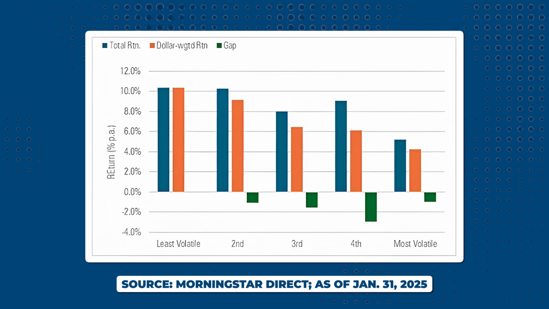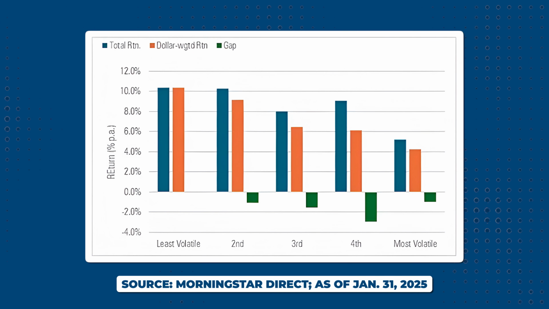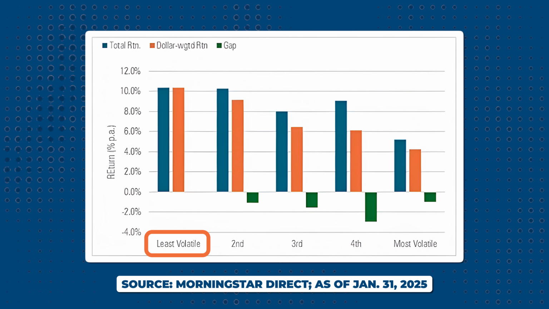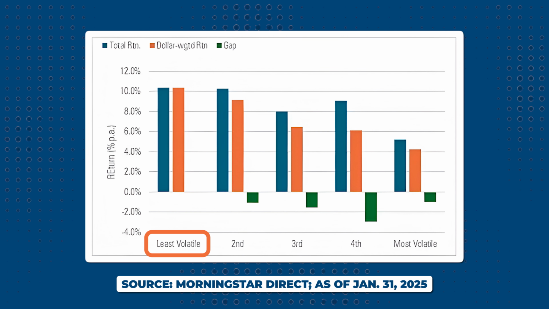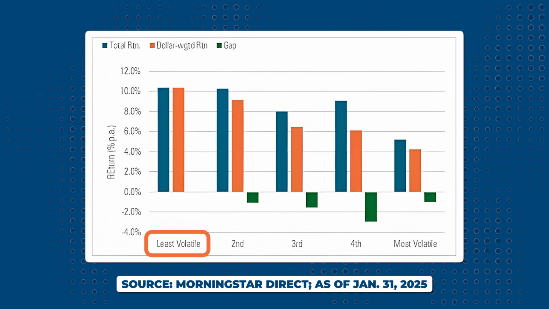Here's this graphic that they put together, the summary of their study. And on the left, the least volatile funds, so the ones where there was the least amount of money going in and out of it. What that looked like in the dark blue line, that's what the fund got. Orange line is what the investor got, right? People put money in, didn't do anything with it, they got the same returns. And then the next most volatile as far as money going in and out, the next most, and so forth.